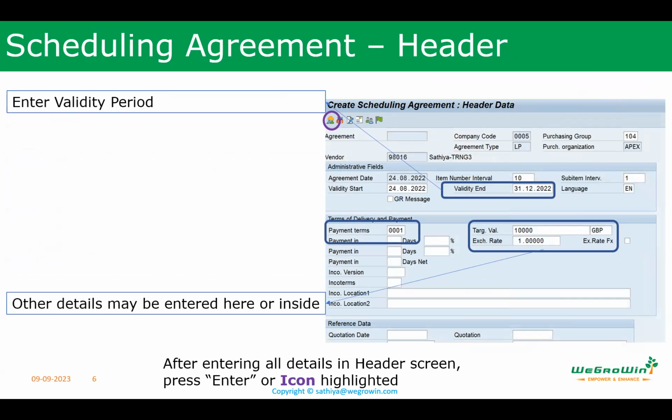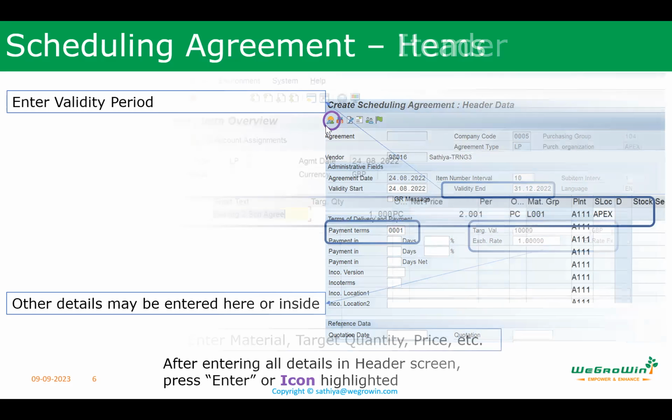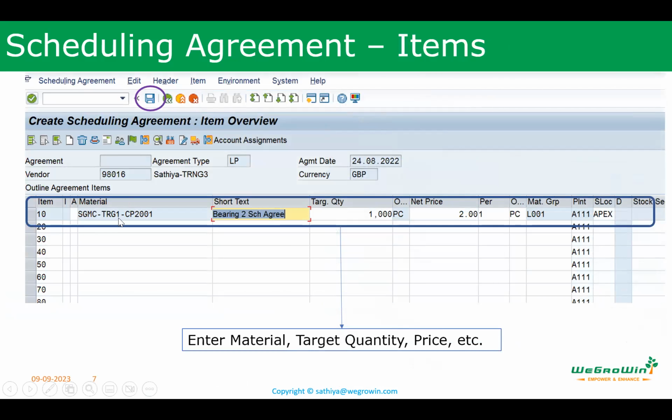After entering the details, press Enter, or the icon, to go into details. Here we enter the material for which I am creating the scheduling agreement. The description will come. What is the quantity? For example, this much quantity.